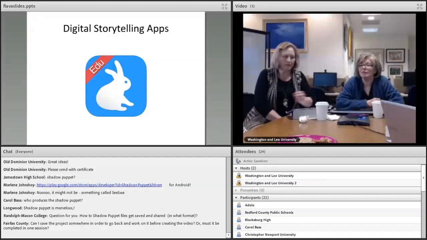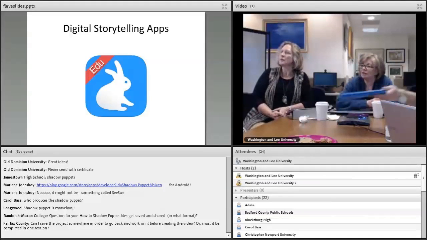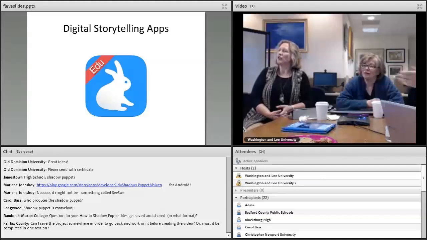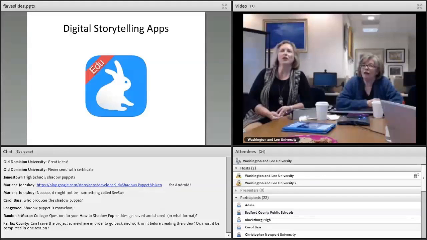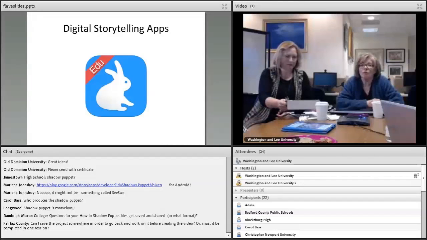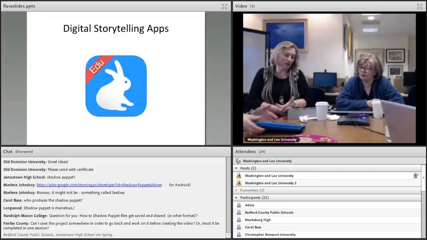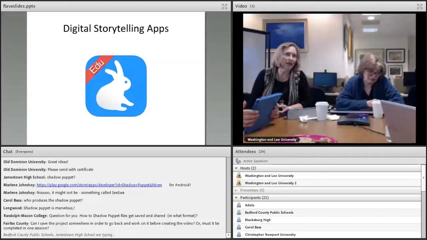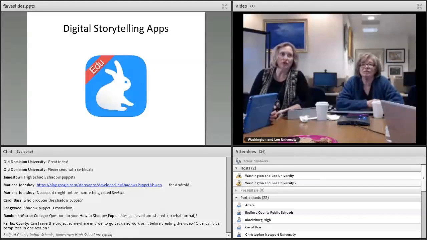There's also a Facebook page where you can see what people are doing with it. Oh, cool. Shadow Puppet Facebook page? Whoa, I'll be doing that. A lot of these apps have Facebook pages and communities where people can exchange ideas. But Shadow Puppet is really designed for education. Well, there are two versions of it. The EDU version, I think, has more education-based features in it. So, very cool.